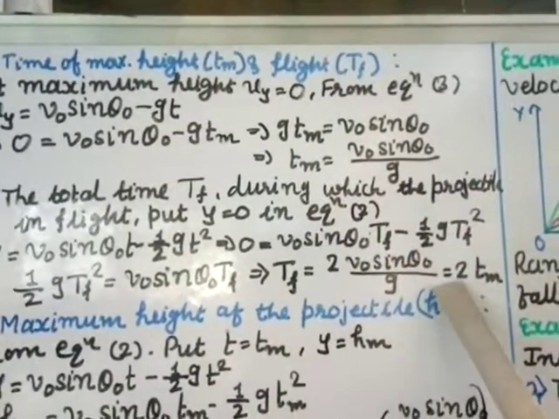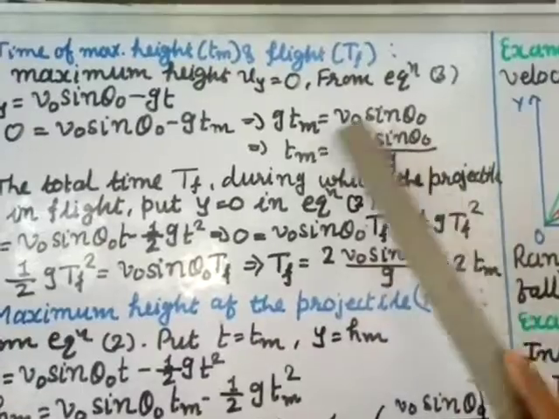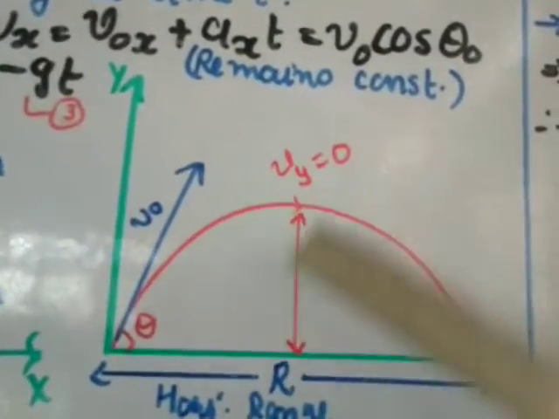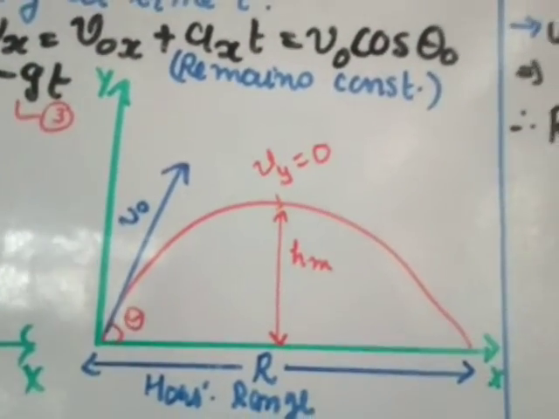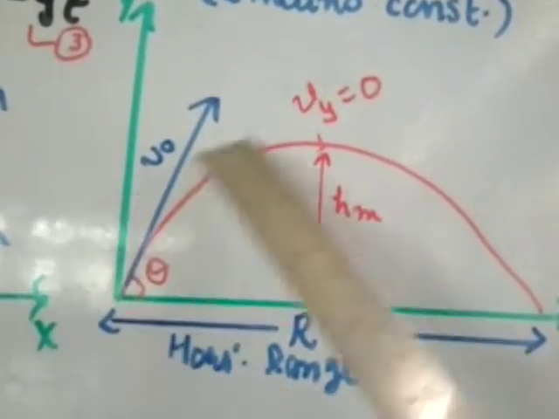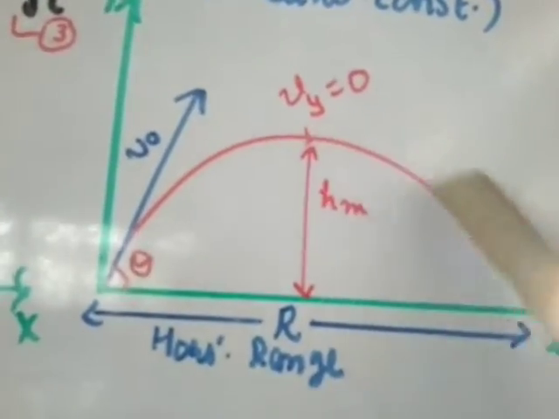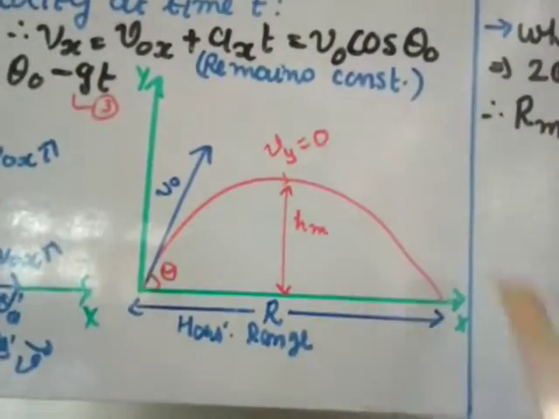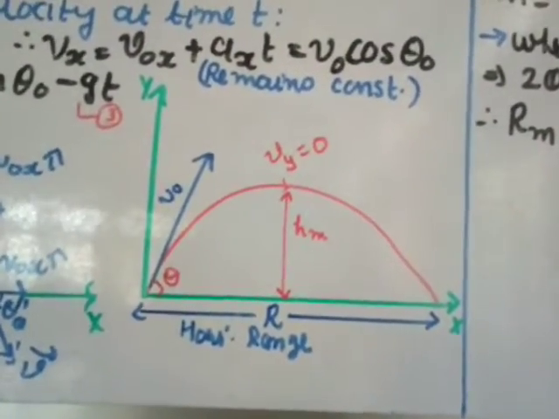So this you can write as 2 times tm. This is same as this. As I was telling you before, from here to here it is taking the time to reach the maximum height, and from here it comes back to 0. That means the time taken from here to here is similar to the time it takes to come from here to here. The parabola is always symmetric, so that is what happens here.